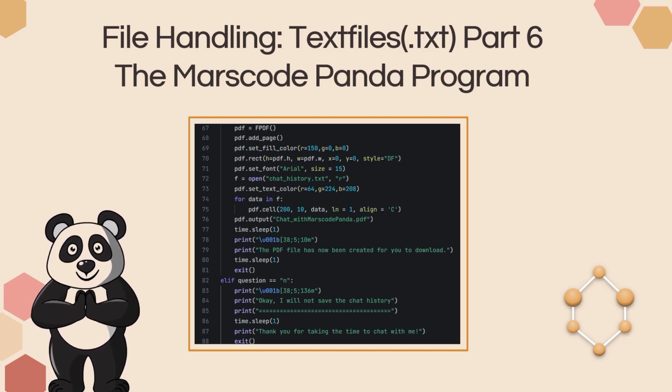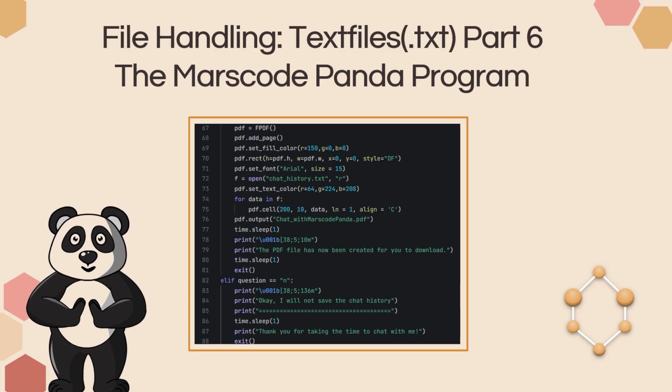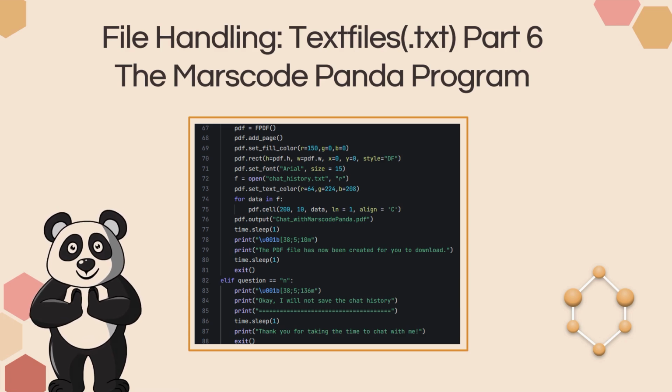Now you notice from line 74 to 76, it's just what we've already previously seen, where we have a for loop that goes through all the data in the file that is in the text file. That's why we're saying for data in f. And if you look at line 72, f is equal to open chat history.txt file, and we're passing the read command. So it's basically going through all the information that's stored inside of that f, which means the chat history